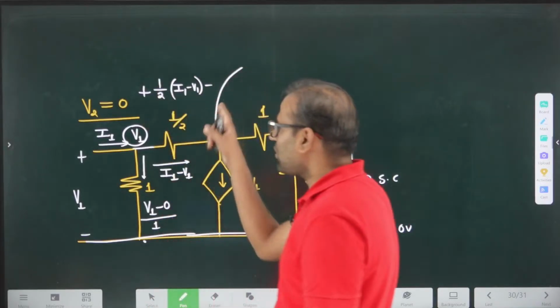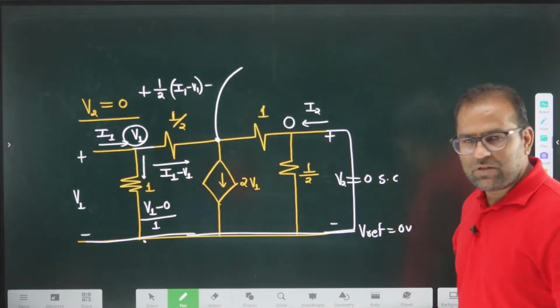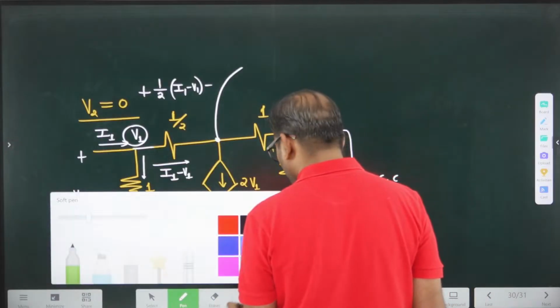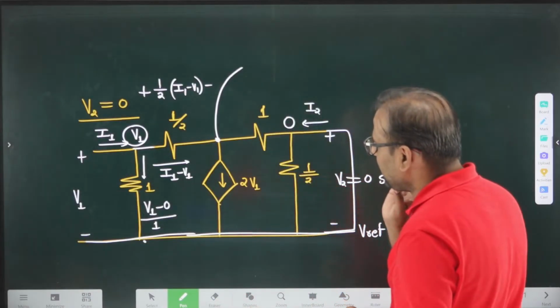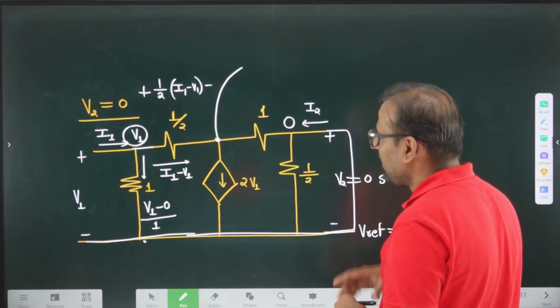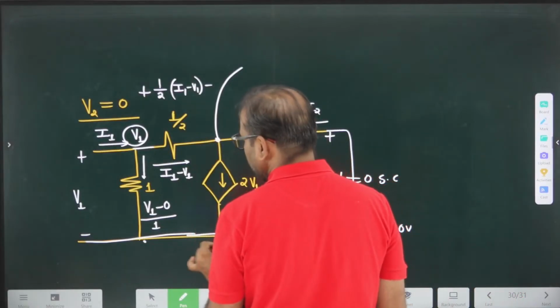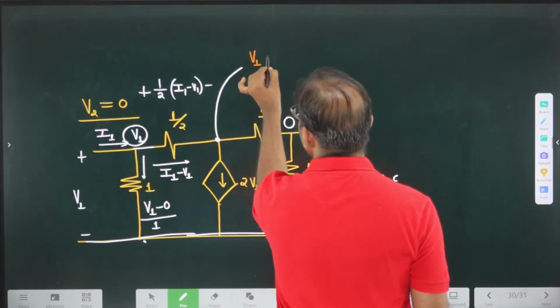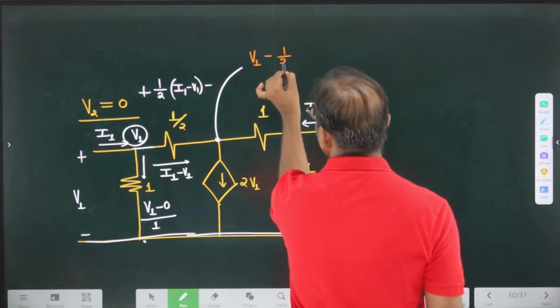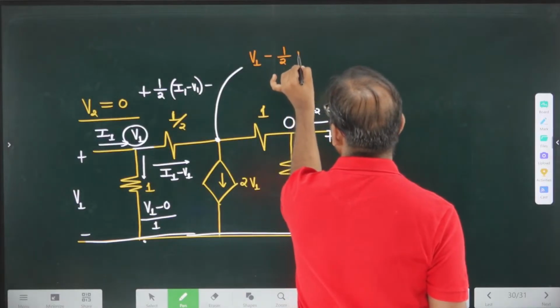This is the potential drop across 1/2 ohm. If this is the potential drop across 1/2 ohm, I can write a KVL, I can write the potential of this point. The potential is V1 minus I1 by 2